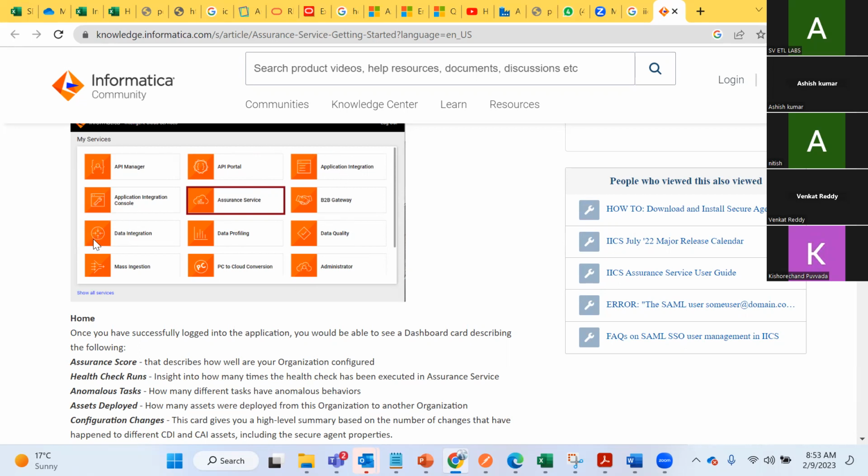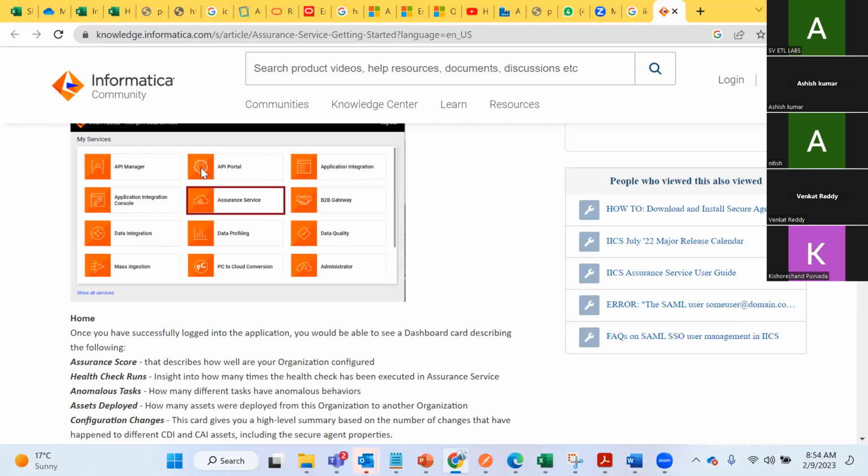But if you see this data integration and monitor, where is monitor? I think if you scroll it down, and data profiling, data quality, those all are part of, see, there is a specific service PC to cloud migration. So they all are data CDI component. Okay. So our topics, what we have covered right here in the document is the mix of all of this,